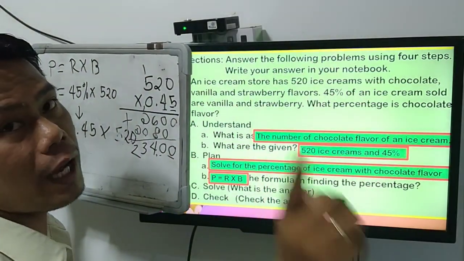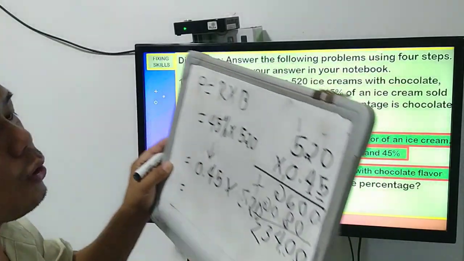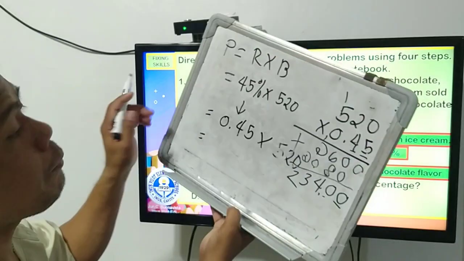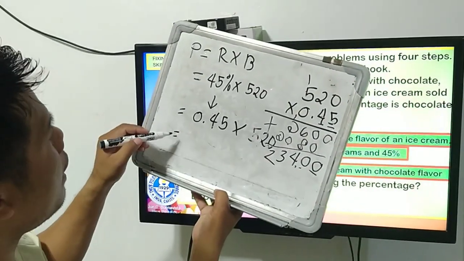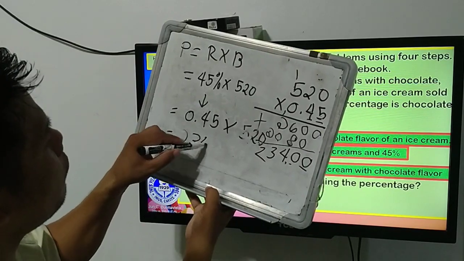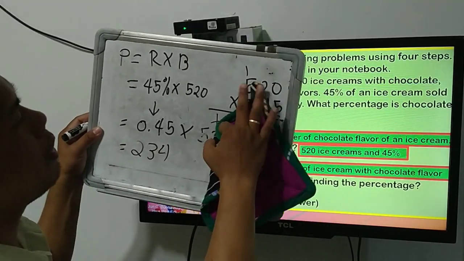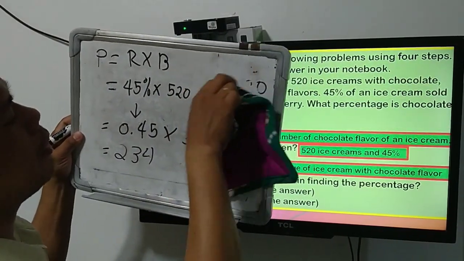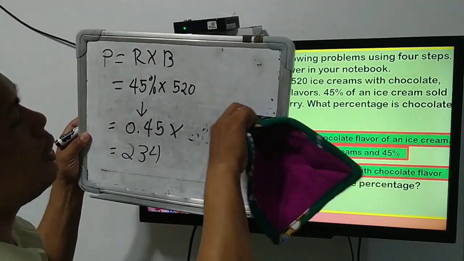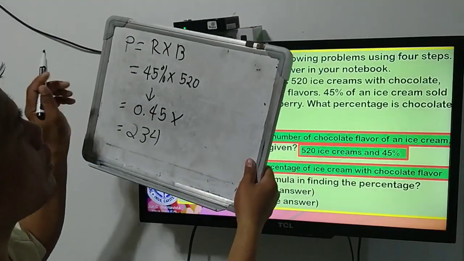So we're going to find the number of chocolate flavor. So we're going to subtract from 520. This answer is 234. Now we're going to subtract in order to get the number of ice creams with chocolate flavor. So we have